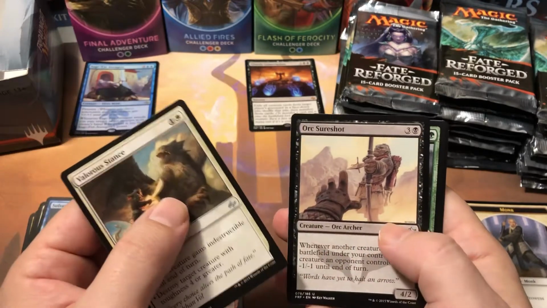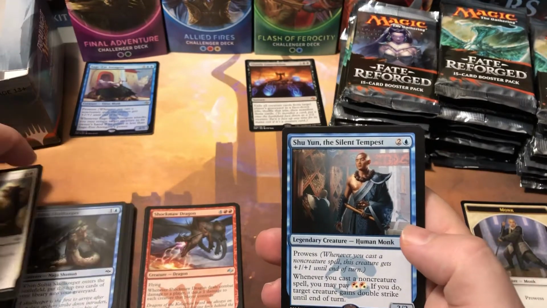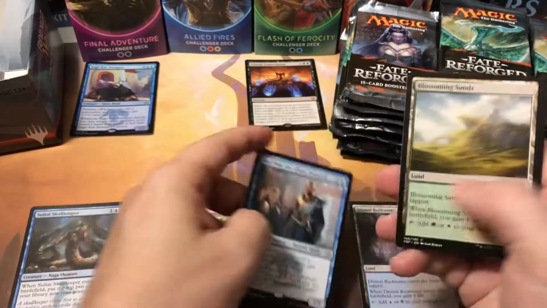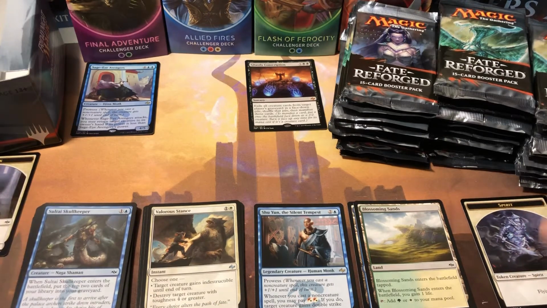Valorous Stance, Orc Shore Shot, Ruthless Instincts, and Shuyun, the Silent Tempest. Oh, why am I putting the uncommons on the commons pile? I don't know. It's late. And Blossoming Sands, and a Spirit token. I guess we can put the Monk token off to the side so we remember them. Alright, so